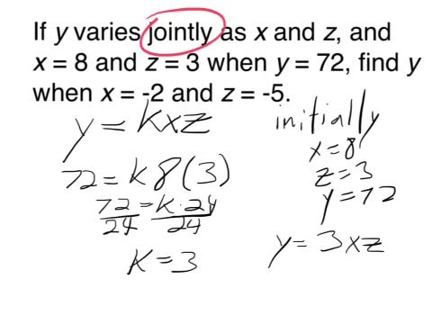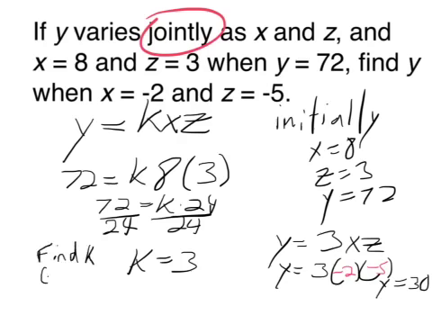So I have y equals 3, and then x and z I am now told are going to be negative 2 and negative 5. So when you multiply all this out, you get a final answer of y equal to 30. Okay? So my steps here were to find k